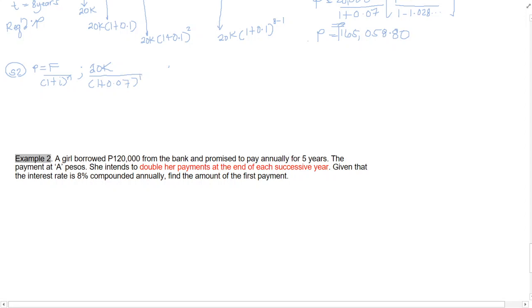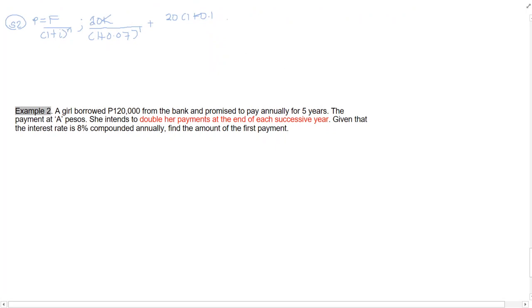Raised to 1, since that is the first year, plus 20,000 for the second year, multiplied by 1 plus 0.1, since that is the percent increase, and we raise that to 1, since that is the first year, divided by 1 plus 0.07 raised to 2 already. So that is the second year, plus, for the third year,